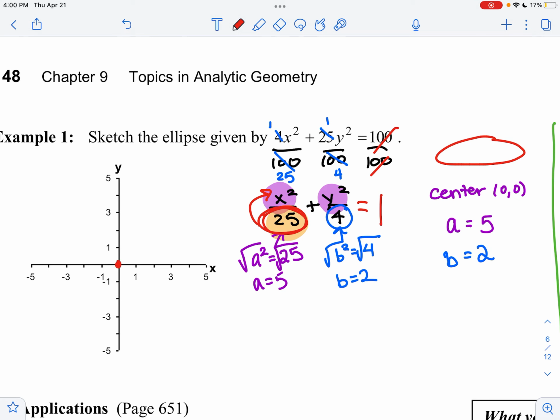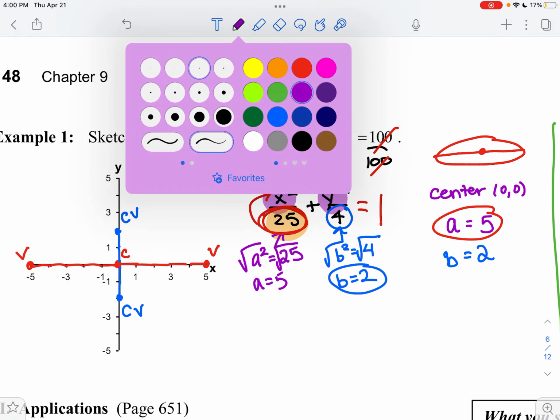So let's draw our center at 0, 0. Our distance to the major axis along a is going to be in the horizontal direction, 5 to the right and 5 to the left. So we're going to move over 1, 2, 3, 4, 5. That's my vertex. And to the left, 1, 2, 3, 4, 5. My other vertex. Remember, this is our center. And then in the minor direction, we're going to say going up 2. So 1, 2, 1, 2. Those are my co-vertices. And now that I've got those 4 points, we can connect those dots